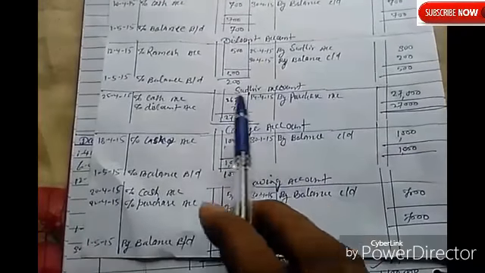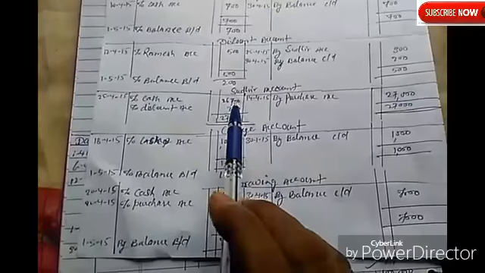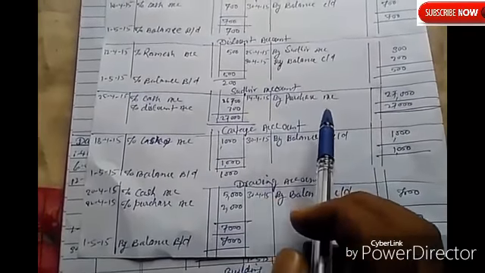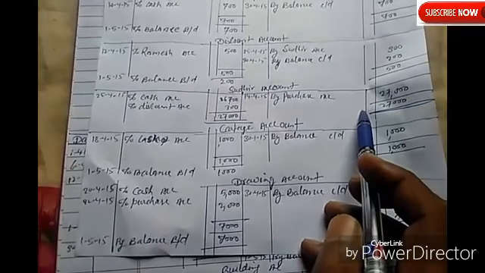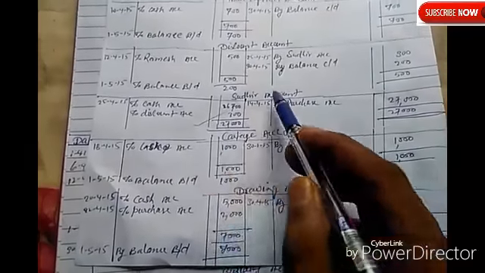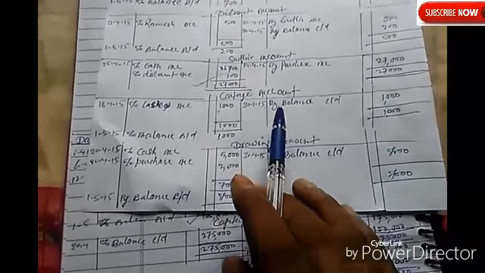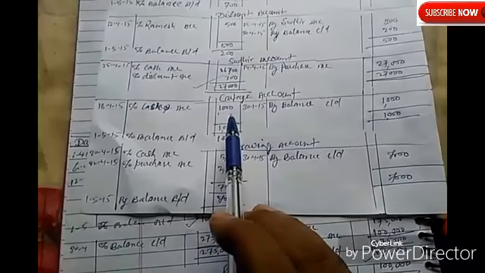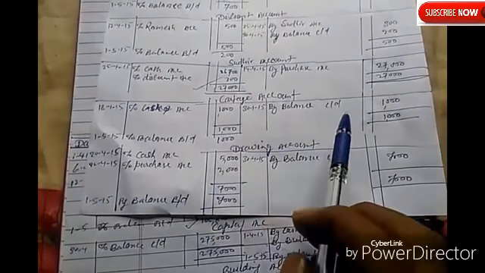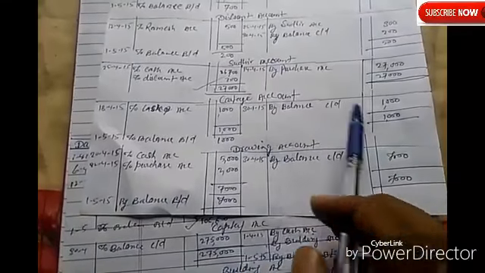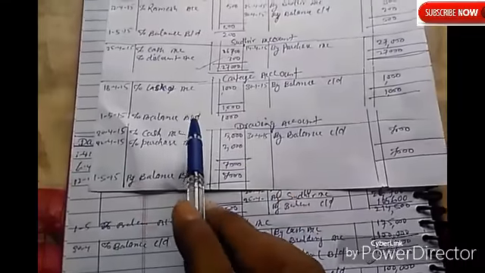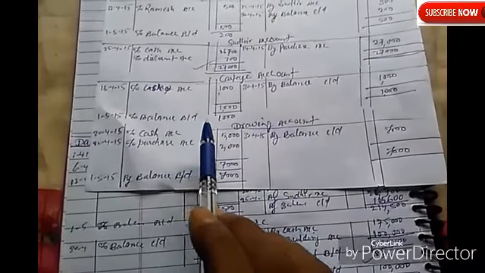Now see the Sudhir account. To cash account debit 26,700 and discount 300. And this side is purchase 27,000. So 27,000 and 27,000 are equal. So that Sudhir account will be closed. Now see the cartage account. Cash account debit is 1,000, and here is nothing. So the balance will be 1,000, and that balance will be transferred to the next month, that means in May month, to balance brought down.